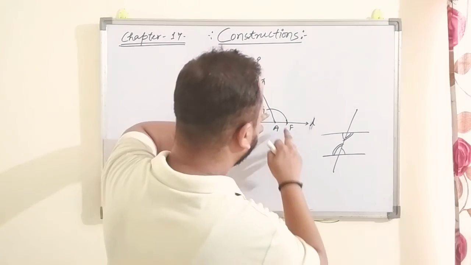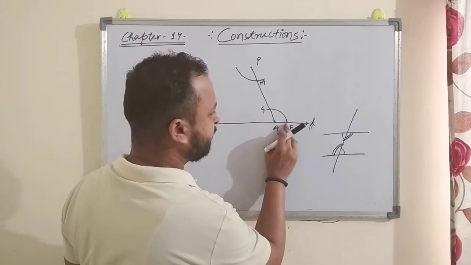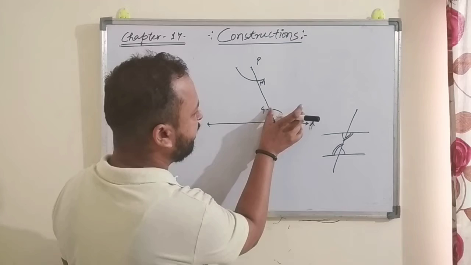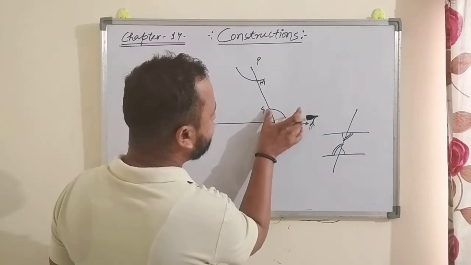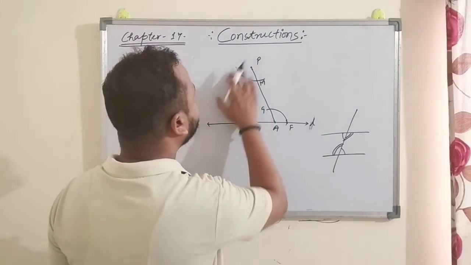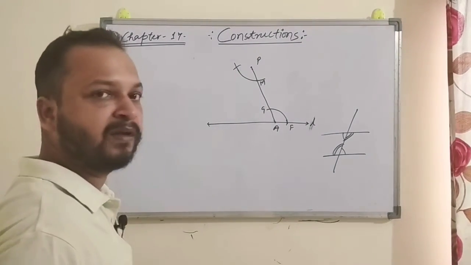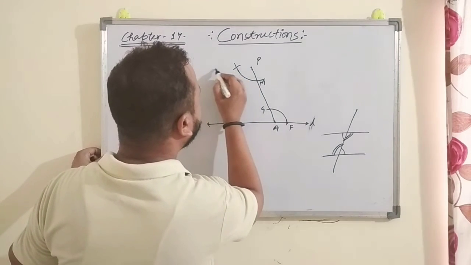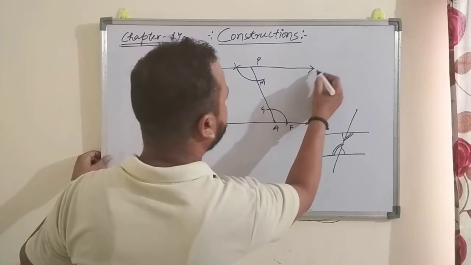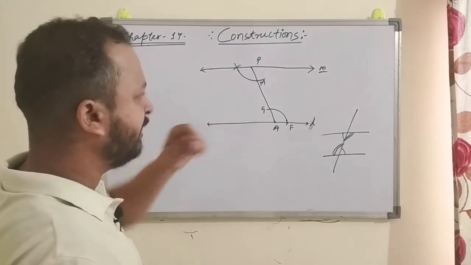So now just measure them by the compass. Just take compass point here and take pencil point here. Measure this radius, right? This arc, you have to measure it. Now when you measure this, take point M as a center and draw an arc. You will get it here around here, right? Now just join these 2 points and extend this line, right? Suppose this line is a small m, so this line is now parallel to line L, right?